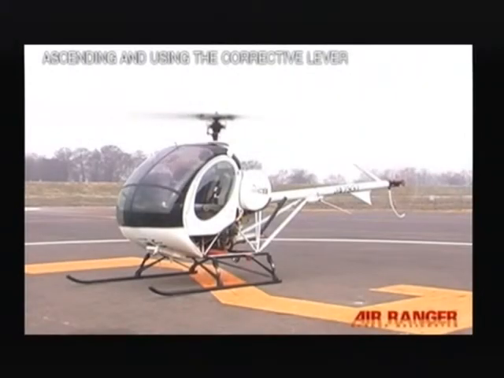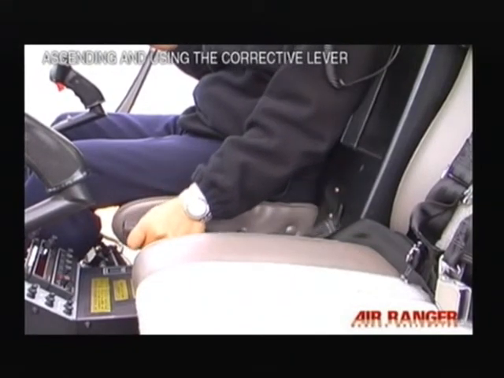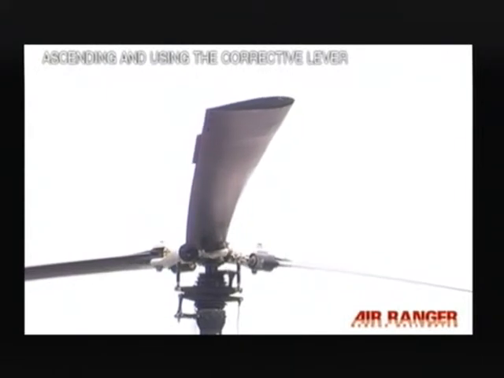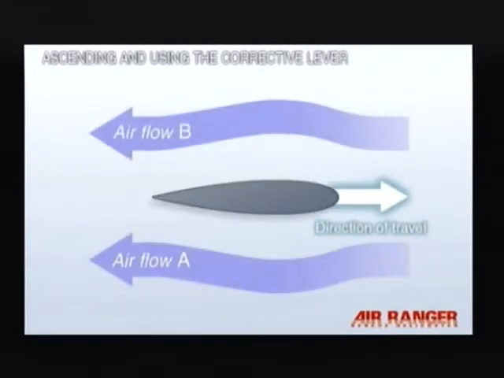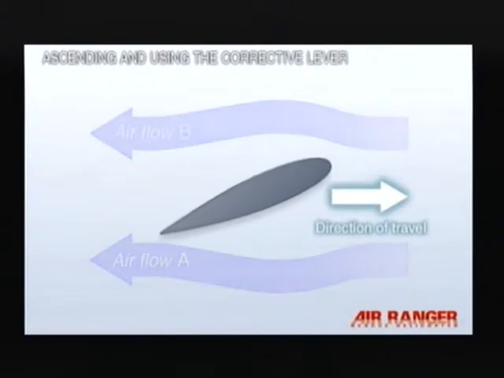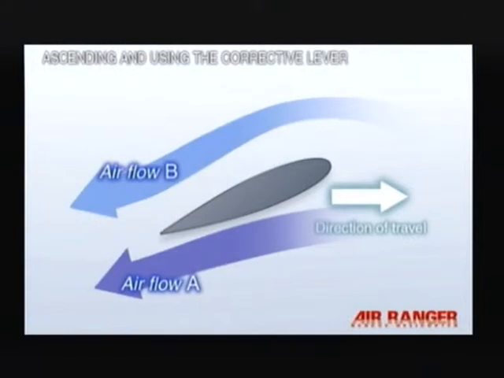Use the corrective lever to make the aircraft rise. The corrective lever and blades are linked, so if you raise or lower the corrective lever, the blade angles change. When the rotor rotates, an airflow is generated by each blade. If you raise the corrective lever, the speed of the vertical airflow from the blades changes. If the speed of airflow A is faster than airflow B, a lifting force results,